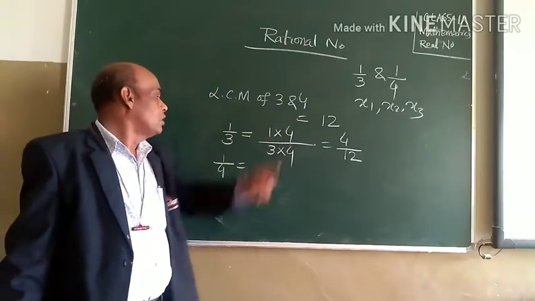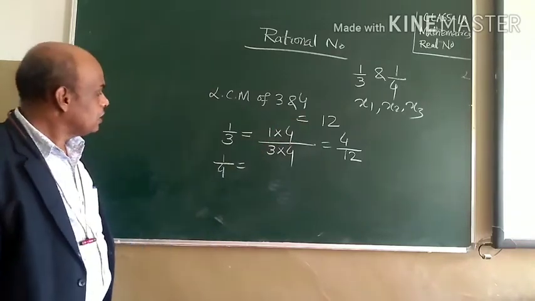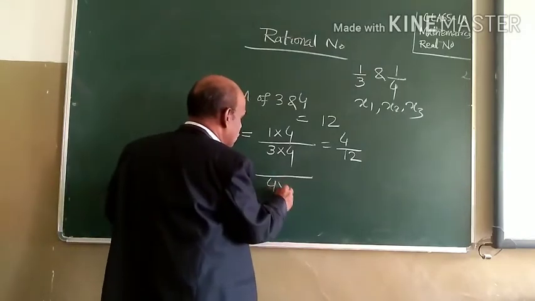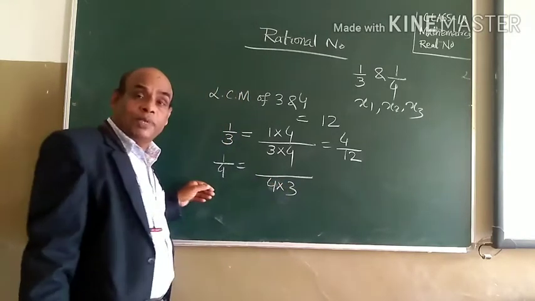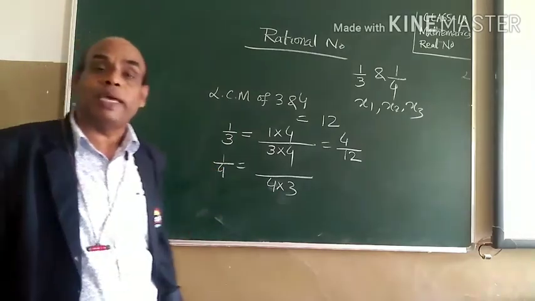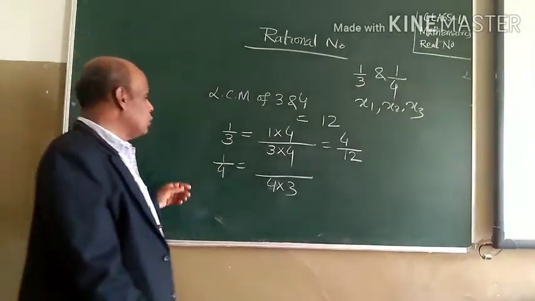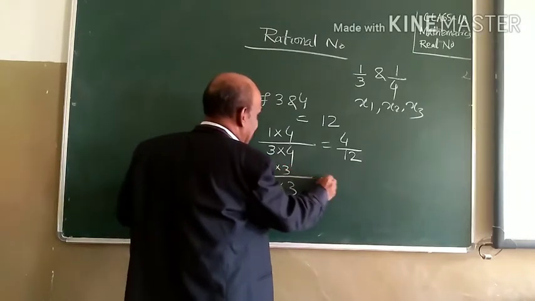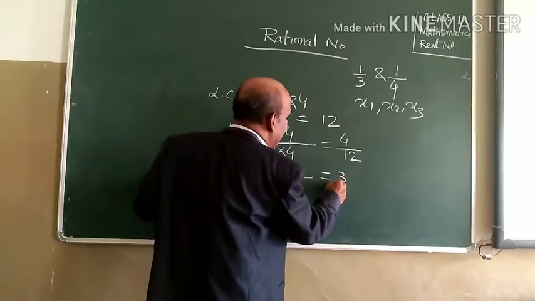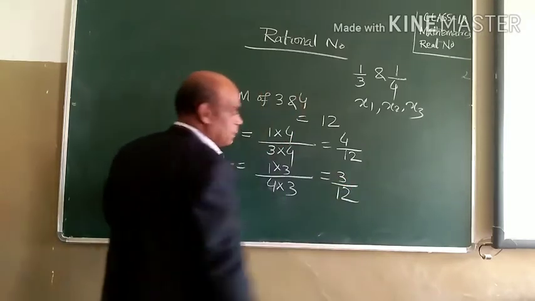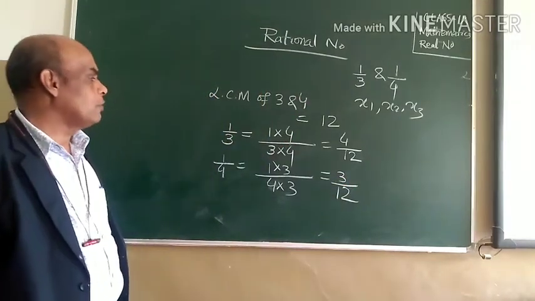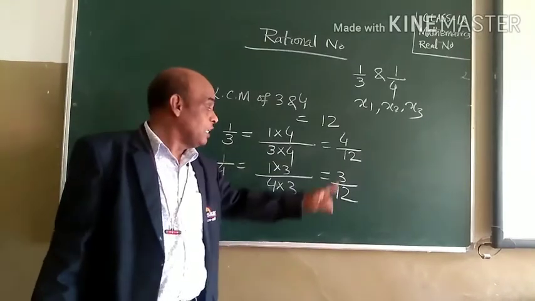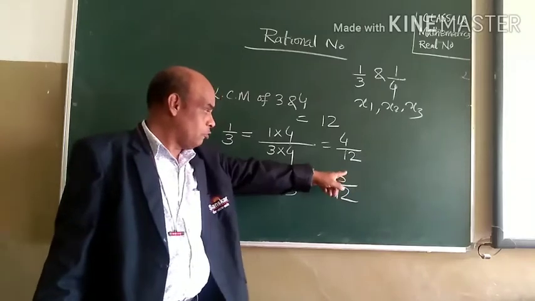LCM is 12. So I will write 4 into 3. Why? Because this 4 has to make 12. So 4 into 3, and ultimately 1 into 3. So that is coming 3 by 12. So now you observe, in between 3 by 12 and 4 by 12,